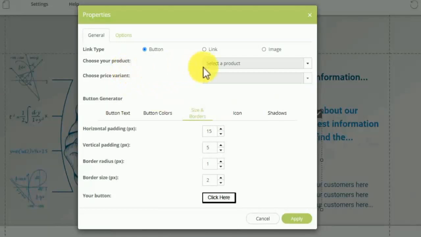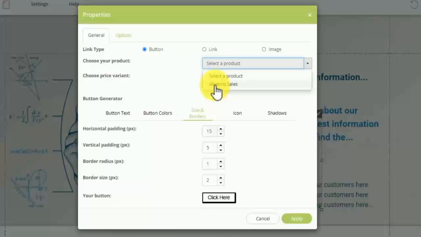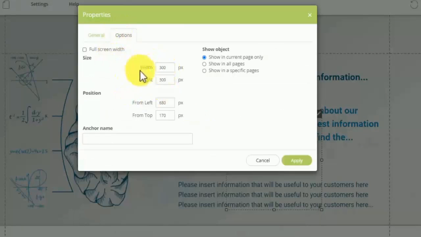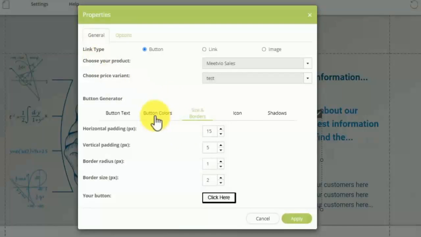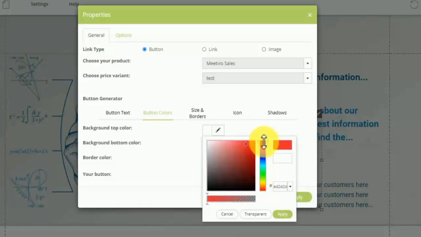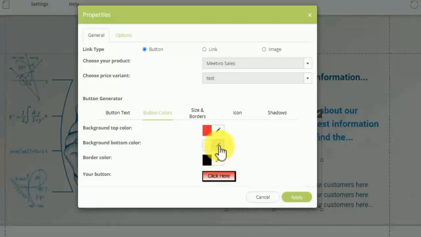And here's a cool thing. If you have a product that you've created within this software, so let's say FunnelVio Sales is one product that I've created, I can choose one of the different variants that's available and I can sell that directly from this page. So I can just make sure everything looks fine as I expect. So if I want to change the color, let's say I want to change the color to red, I can apply. If I want to,